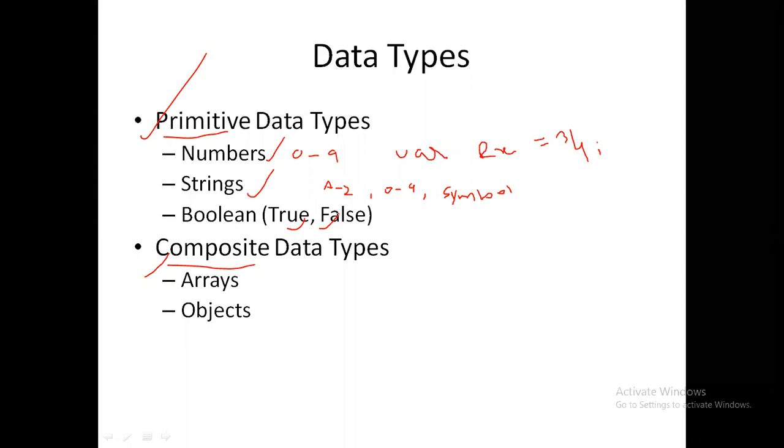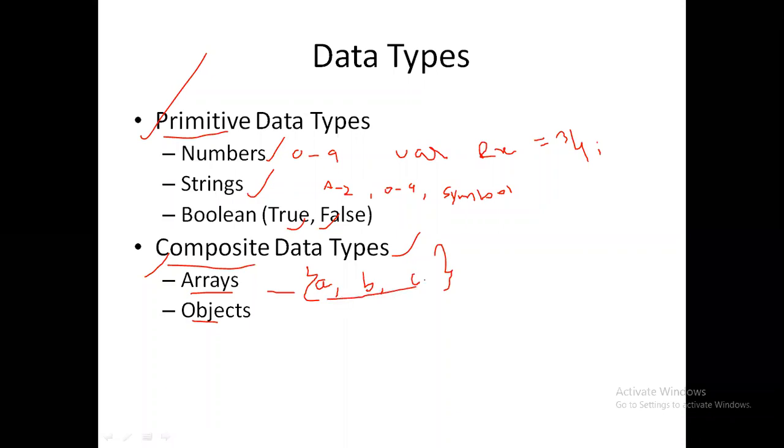Then I have something called arrays and objects. Now this we call a composite data type. When I'm saying arrays, I'll be having similar types of data, similar types of objects or similar types of content. Say I have bulk of information. So I have A, B, then C. These are enclosed in something called braces, that is your flower brackets. So it is going to store the similar kinds of objects.